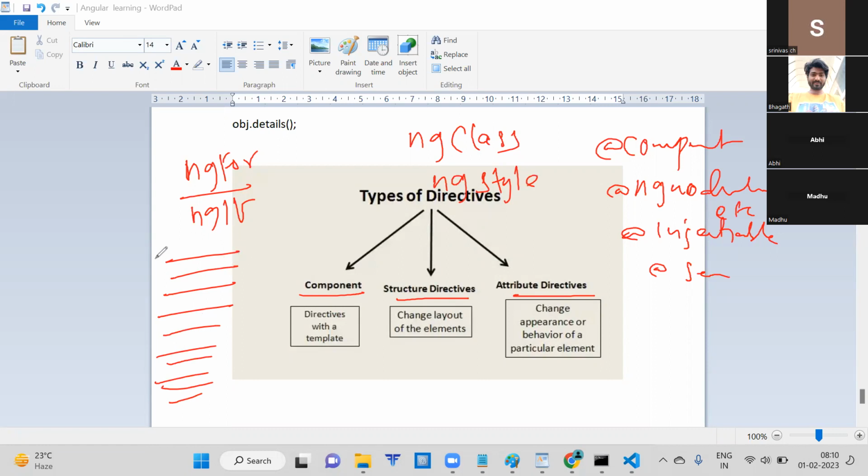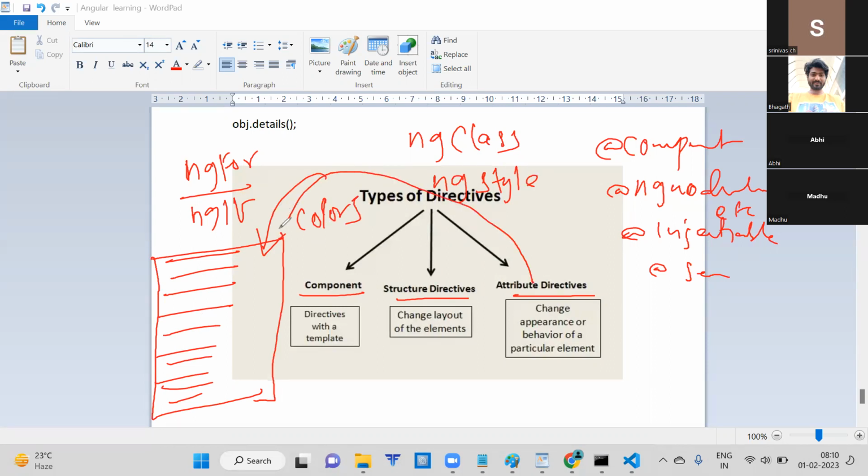If I want to add multiple colors to this particular table, we use an attribute directive, which changes the behavior or appearance of a particular element. Structural directives change the layout of the element, and if we want to duplicate it in multiple ways,